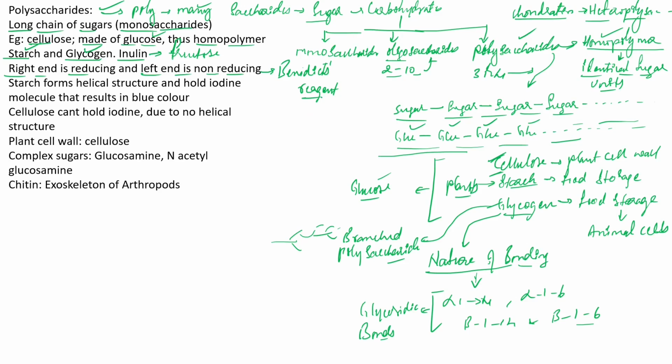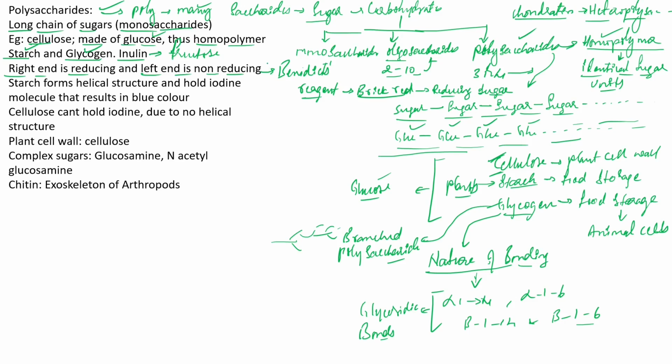In the first year practicals, you might have done tests of biomolecules, for example the protein test, the glucose test, and maybe also some lipid test. I don't think a lipid test is present, but generally you do a protein test and a carbohydrate test, that is the starch test. The appearance of what kind of color? Brick red color. The appearance of a brick red color indicates that it is a reducing sugar, right? This is the conclusion you come across.